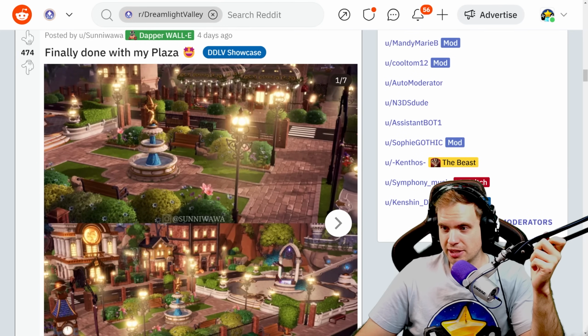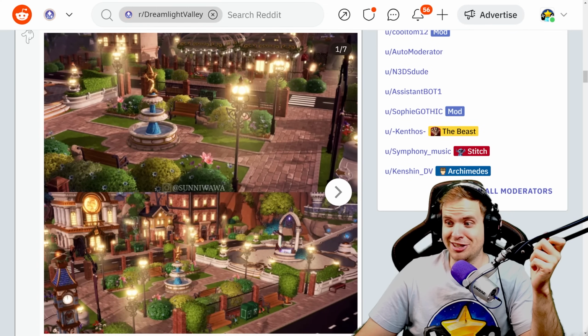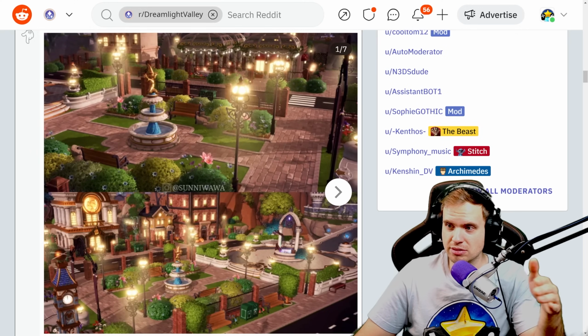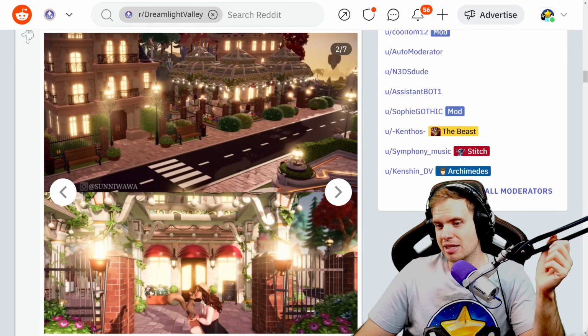Finally done with my plaza. That is a lot of gazebos. It is pretty though. I like the idea of putting all the houses to the sides. Oh, and having roads. Oh my god. That's exactly what I wanted to do with...